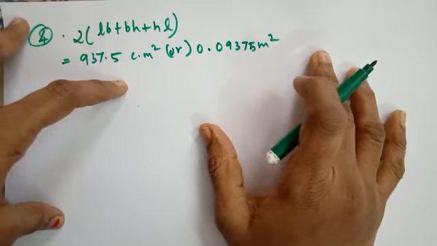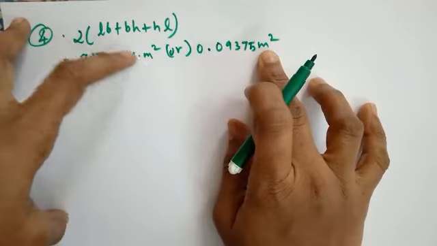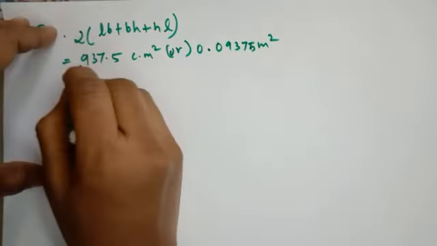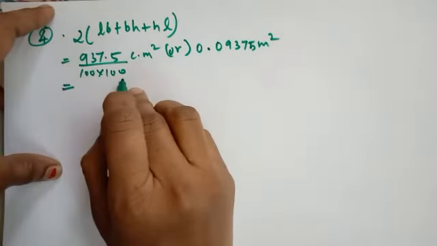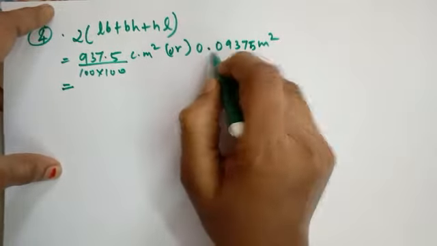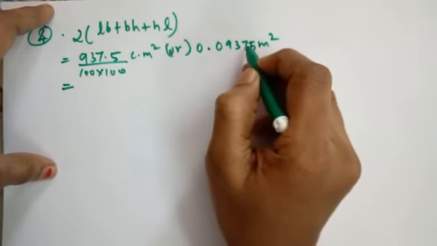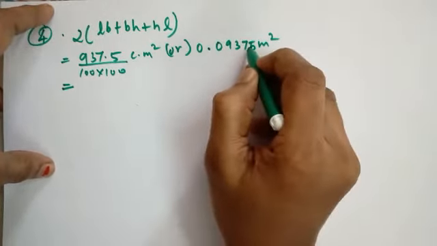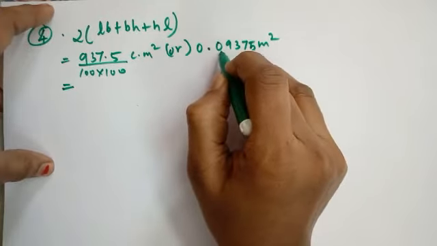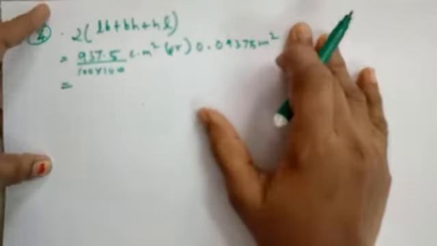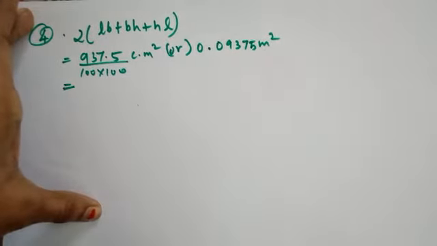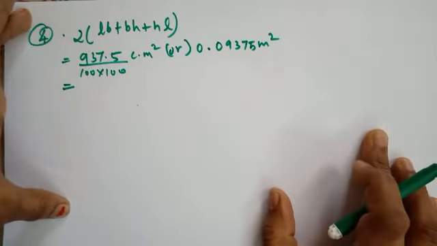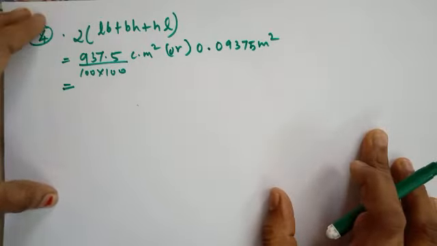Listen. Because 100 centimeter equals 1 meter, to go from centimeter squared to meter squared you should divide by 100 into 100. So there are 4 zeros, so you should put the decimal 4 places before. Already the point is here, 1 2 3 4. So 0.09375 meter squared is the answer. Then students, listen.